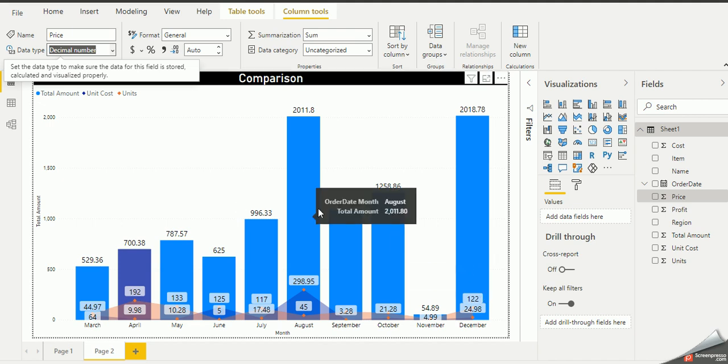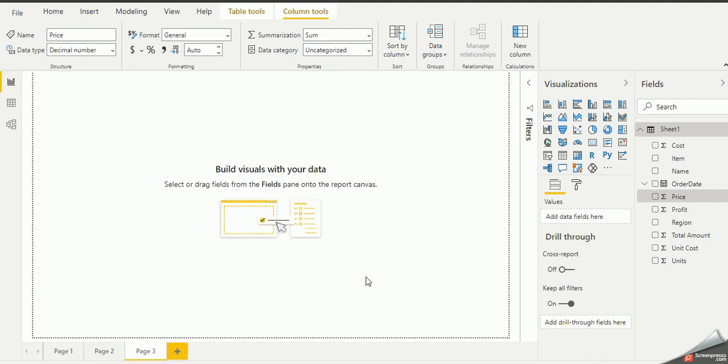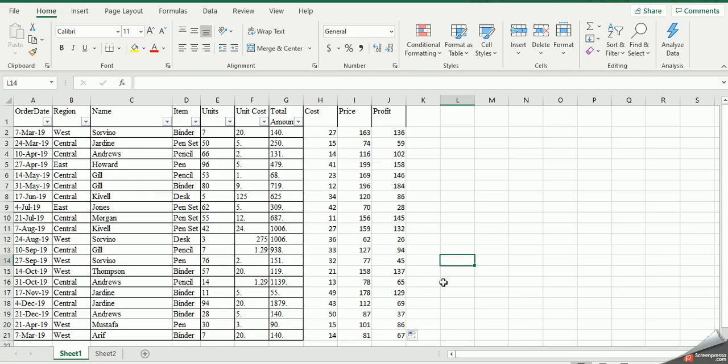The second point is that I've created a beautiful chart that is comparable with different values, and it has the axis with the month, you can see on the x-axis. Now I have added three new columns for better understanding. You know that price is eventually high compared with the cost and the profit. Cost is the price at which you bought the item. The price is the sale price, and the profit is price minus cost.